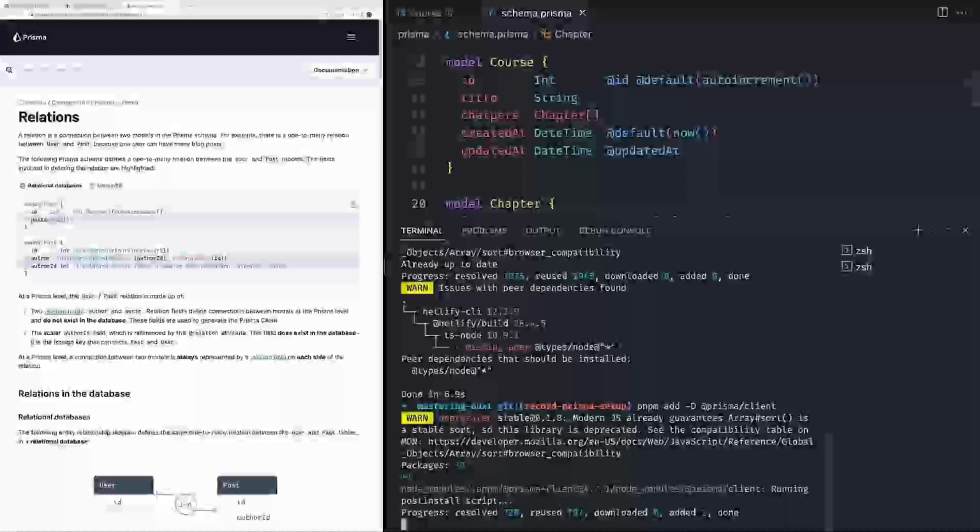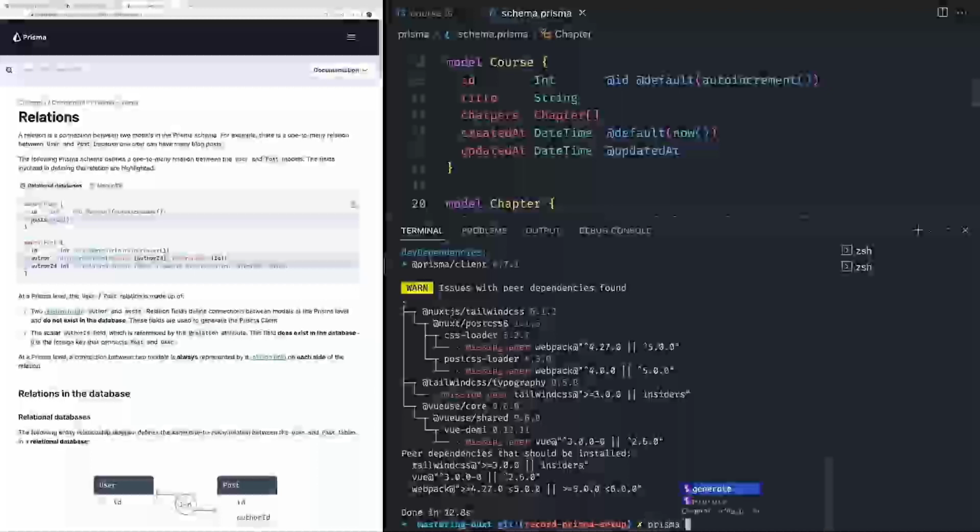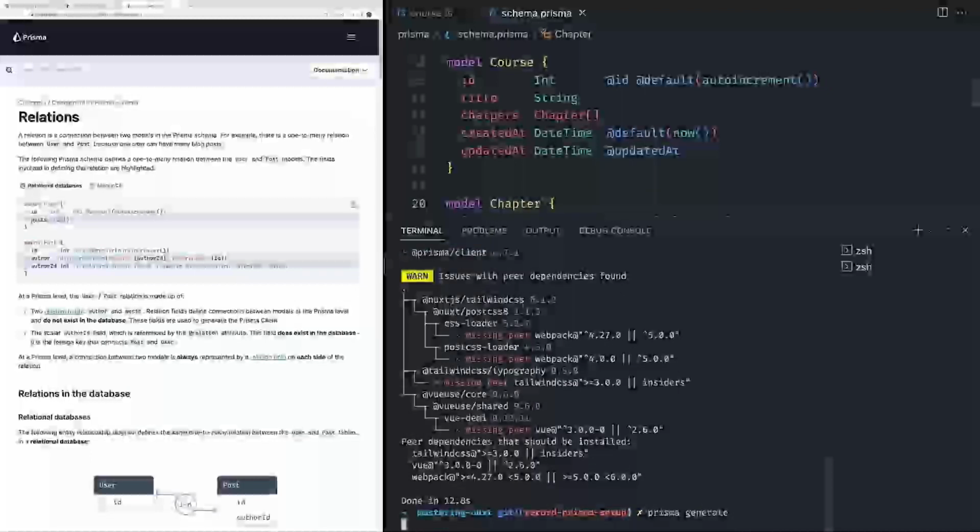Now, what Prisma does is actually pretty interesting. So instead of installing a client that everyone uses, what it actually does is it takes this client that we just installed, and with the CLI tool, it will go through our schema and generate a custom client library. And this library includes all the different types that we have so that it's developed specifically for our application. So if I run prisma generate,